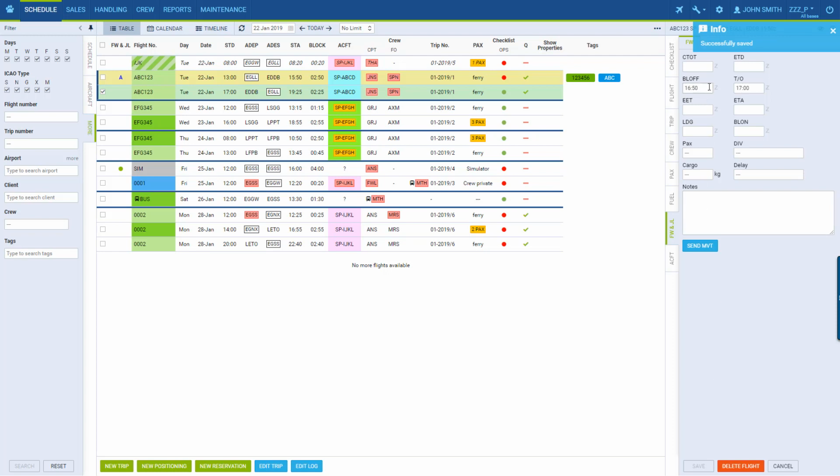We have the block off and the takeoff, and we can see in the column flight watch and journey log we have some icon that gives us information about the status of the flight watch. So in this case it's A for airborne, which means the aircraft has blocked off and taken off and it's now in the air. If we fill in the landing,